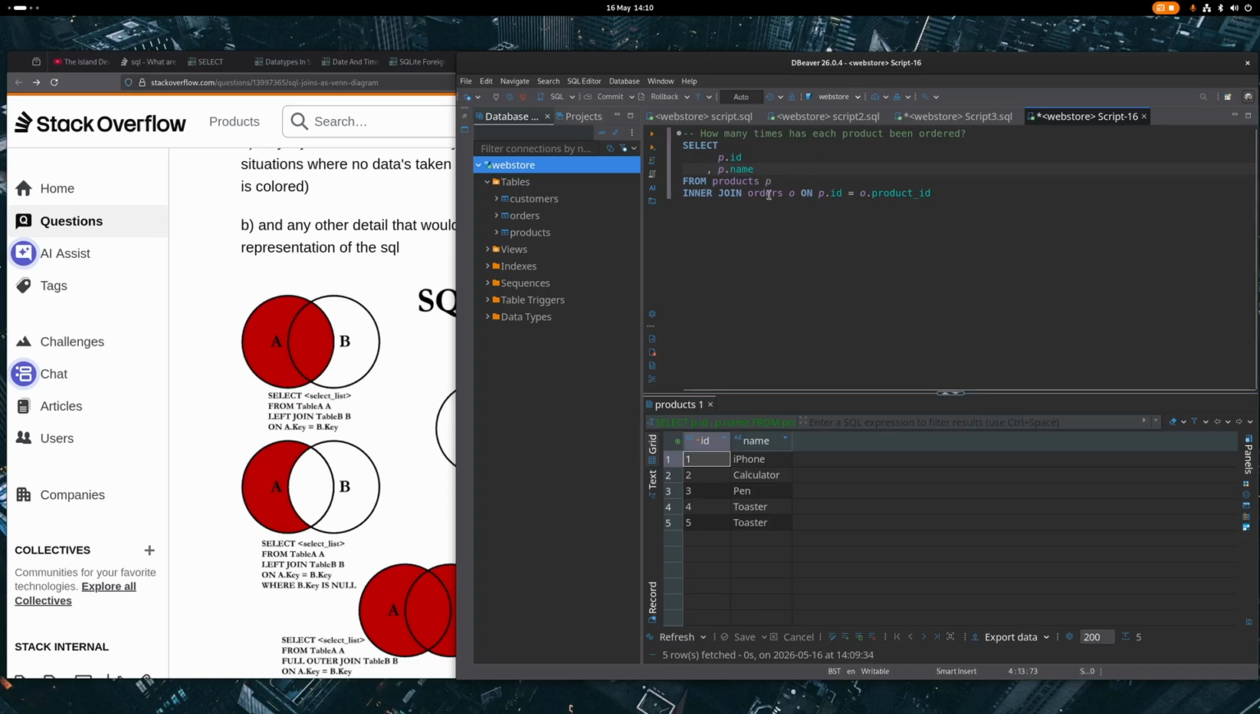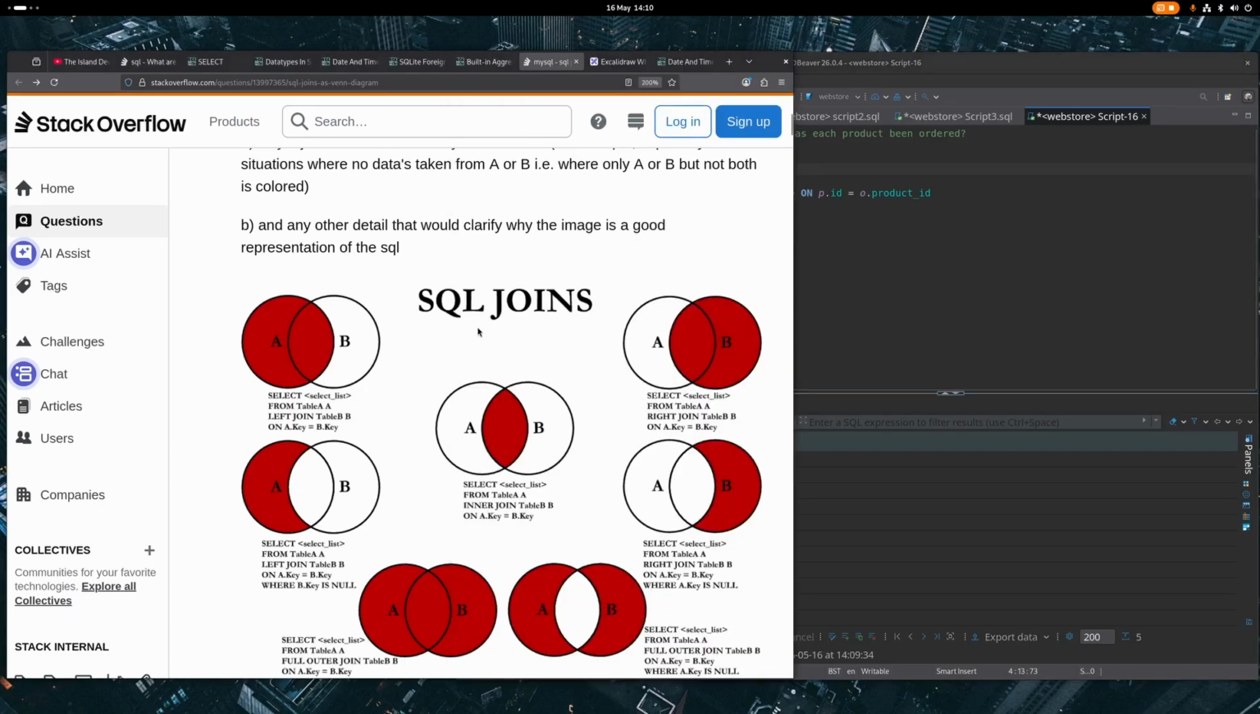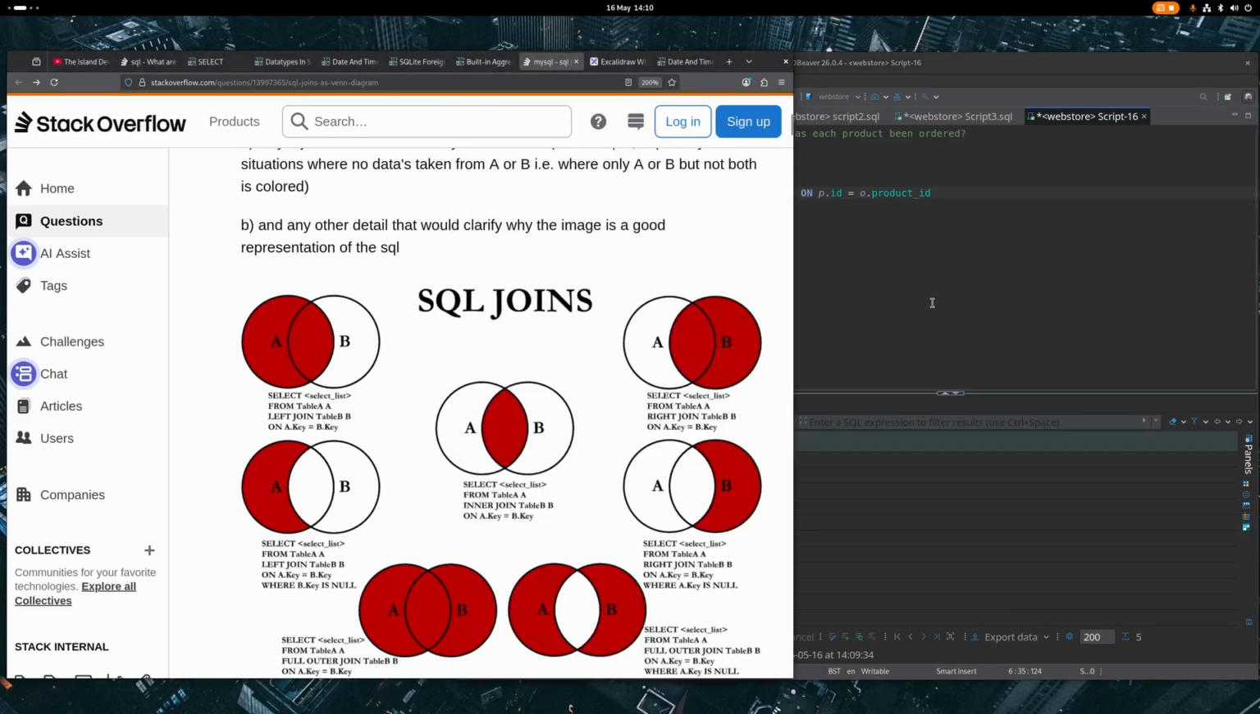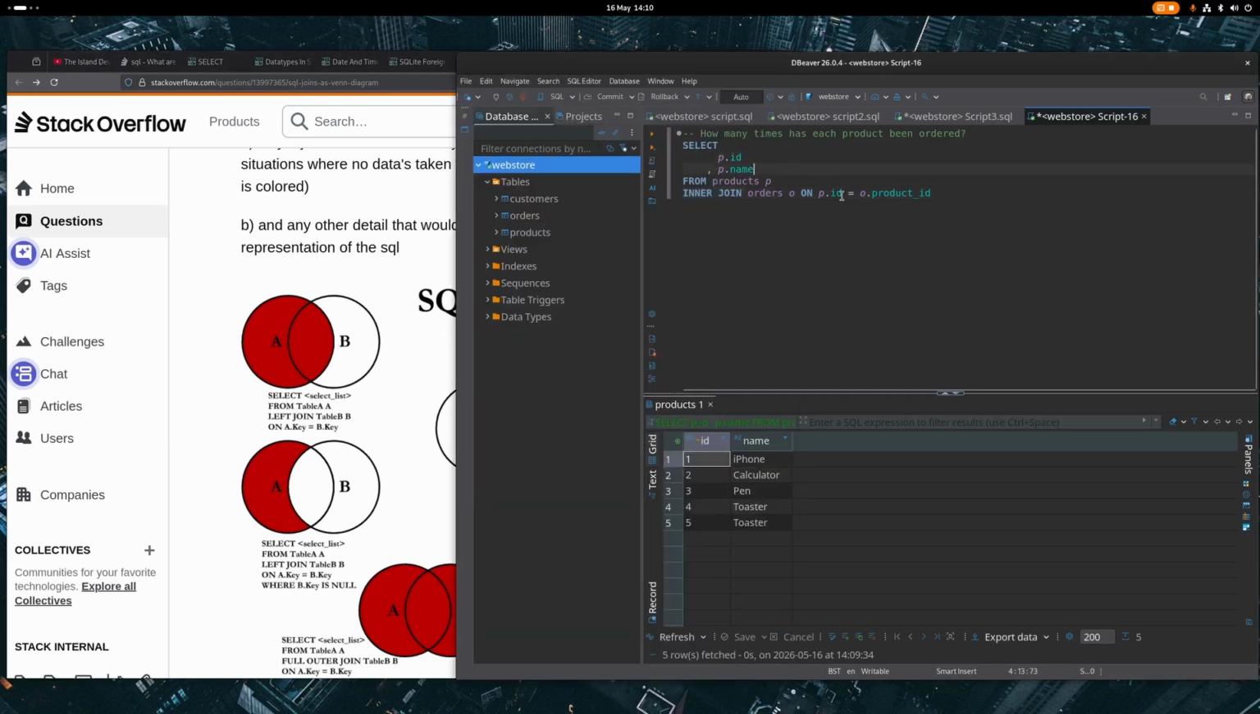The products table, because we are joining the orders table onto it, for the purposes of these Venn diagrams, is on the left-hand side. So on the left, table A is products. On the right, table B is orders. Let's just go ahead and pull in the O.id. Run that, and just to show you,